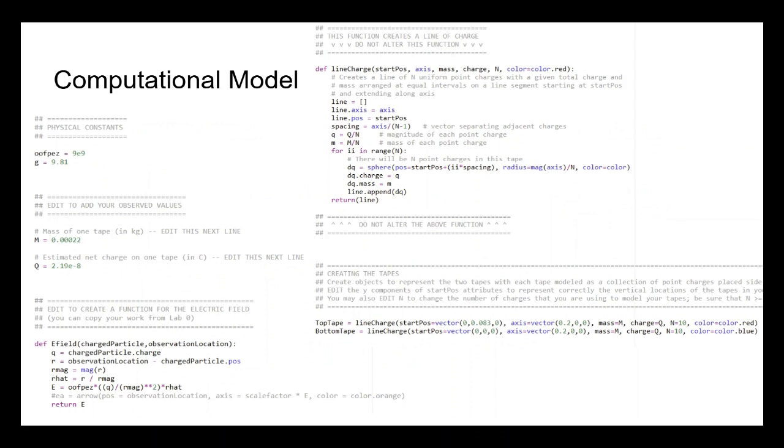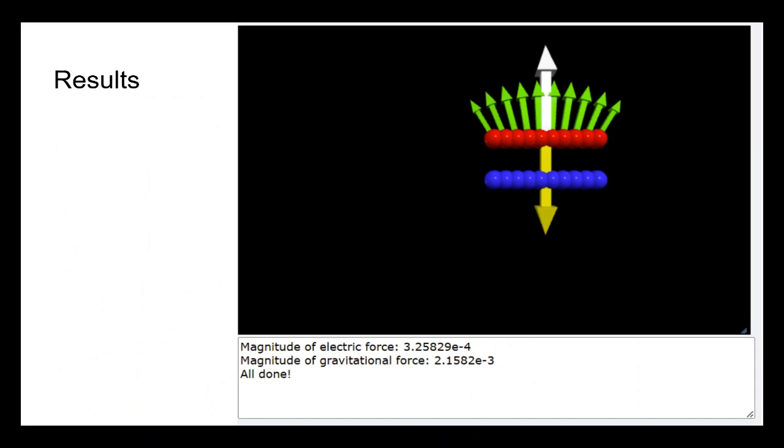This is the computational model. Most of it was given to us, except we did have to input certain numbers and functions to make it work for our experiment specifically. And this is the rest of the computational model. And these are the results. So you can see the green electric field vectors pointing radially outwards, as well as the ultimate electric and gravitational